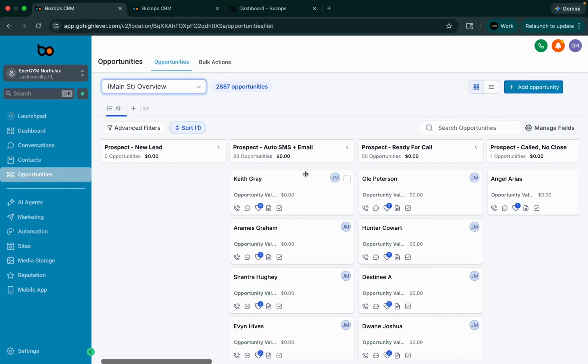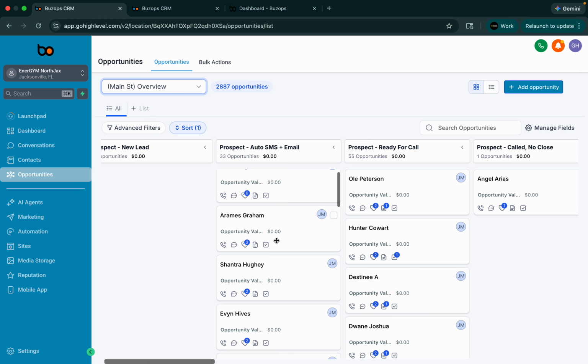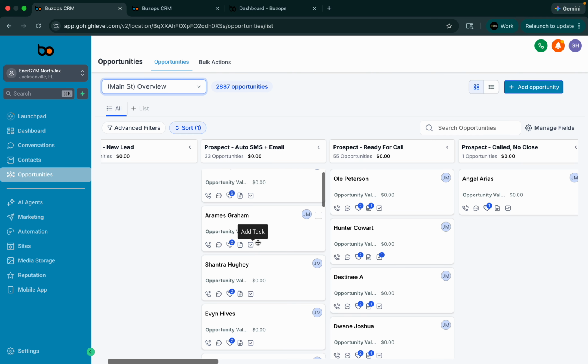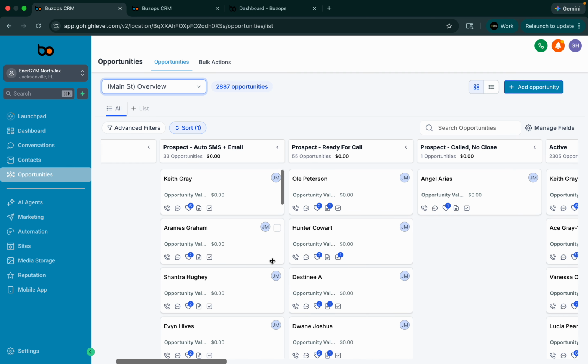This operates as a closer sanctuary. The closer only has to do one thing, which is close the call. All those new prospects will load into this pipeline right here, into the prospect new lead section. And then after a particular amount of time, they're going to get an automated SMS to re-engage that prospect, to make sure that this prospect is not getting lost,